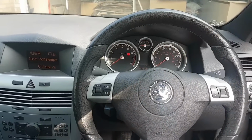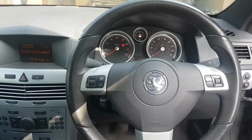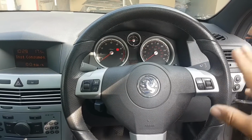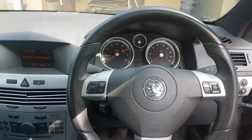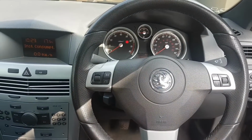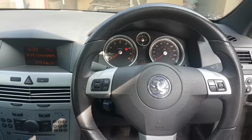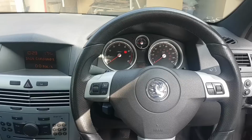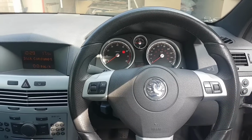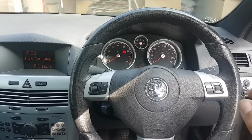So I think we're going to have a very good picture of what's wrong with this. From the explanations the guy gave me and from what I've seen on the car, I think I know roughly where the problem is going to be. I don't know what the problem is, but I think what it's going to be related to. Also, two things were changed on the car. The other guy said he changed them because he thought that was the problem, him or whoever he took the car to, which was the two solenoids for the